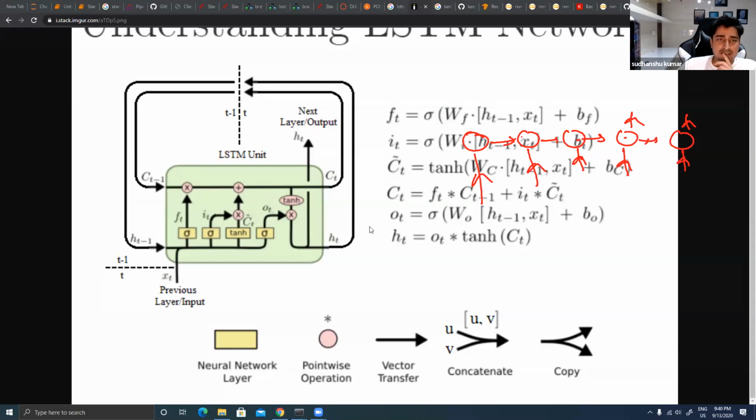Explain more about stacked LSTM. Don't worry, there are variants of LSTM I'm going to talk about. This is just a basic idea that I'm trying to give you. This is the base model. Based on this base model, we'll talk about bidirectional, stacked, all of those things.